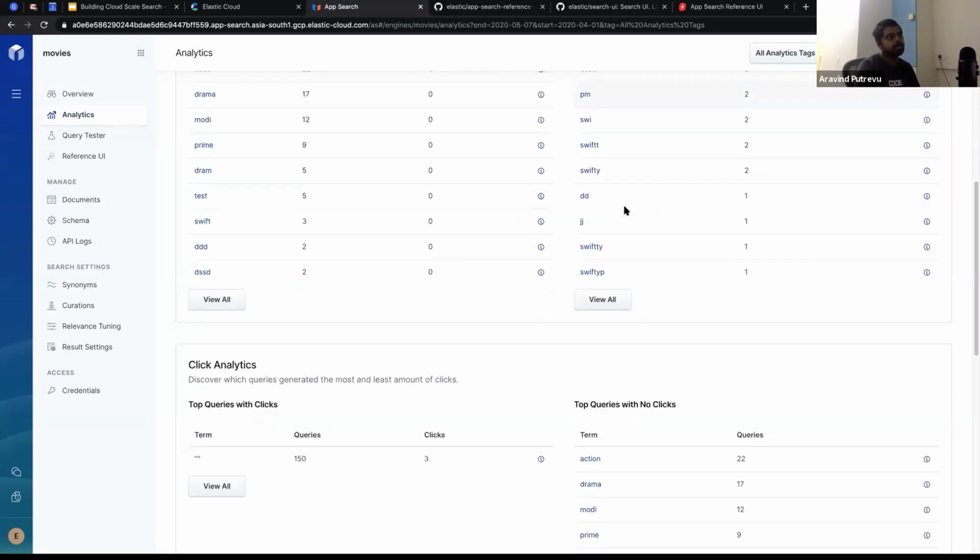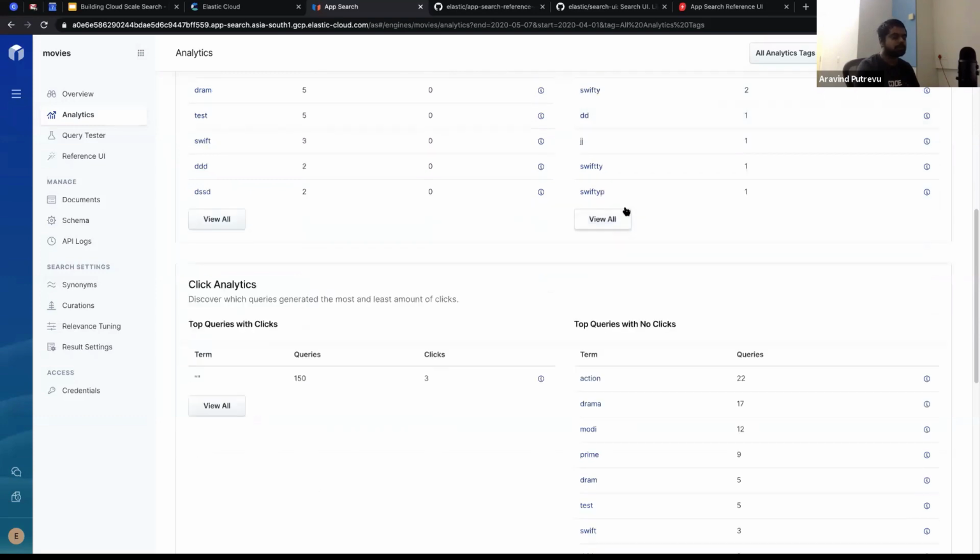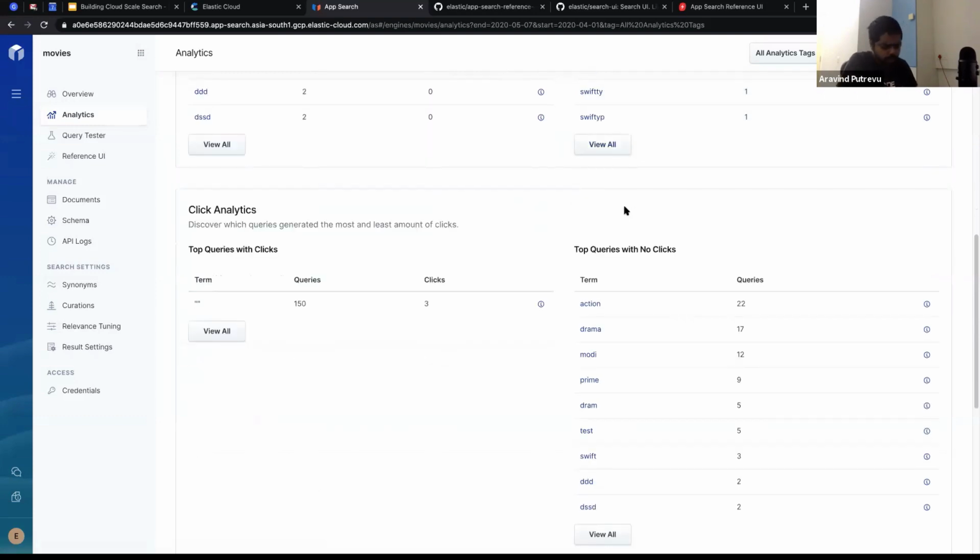Like I said, if you want to configure a specific synonym or acronym tied to a specific term, you would probably want to look at the top queries with no results. If you have the data but your users are not able to see it, that is a red flag, and you might want to correct that. So that is another thing to look at.